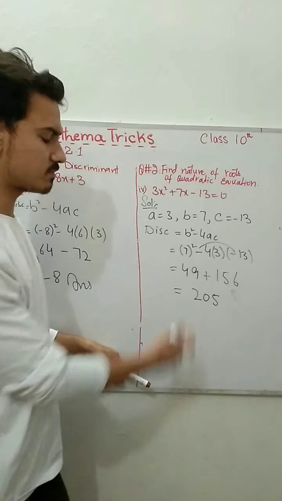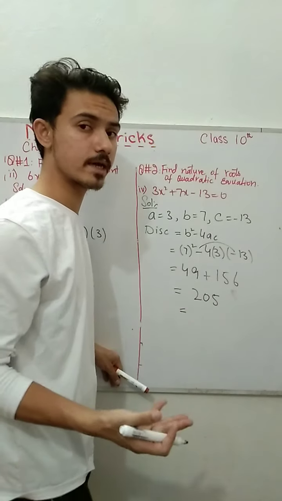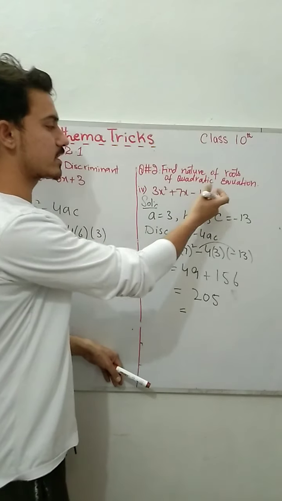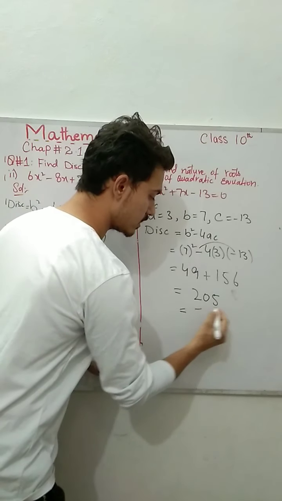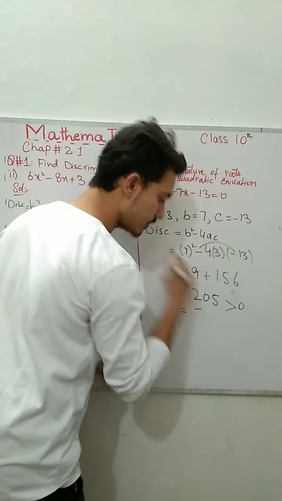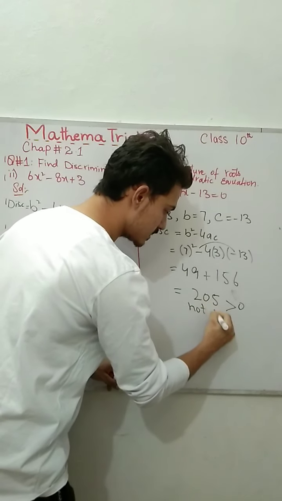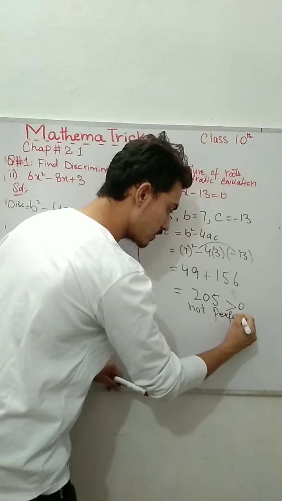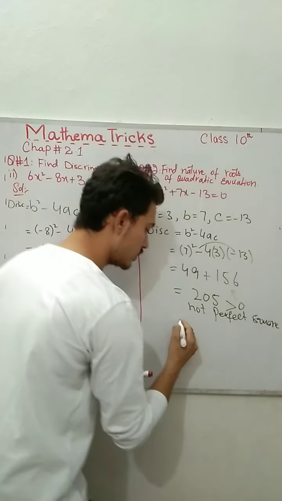And I know it's not a perfect square, so the nature of the roots, the solution set you will find, what will the nature of those roots be? They must be greater than 0, not perfect square, roots will be